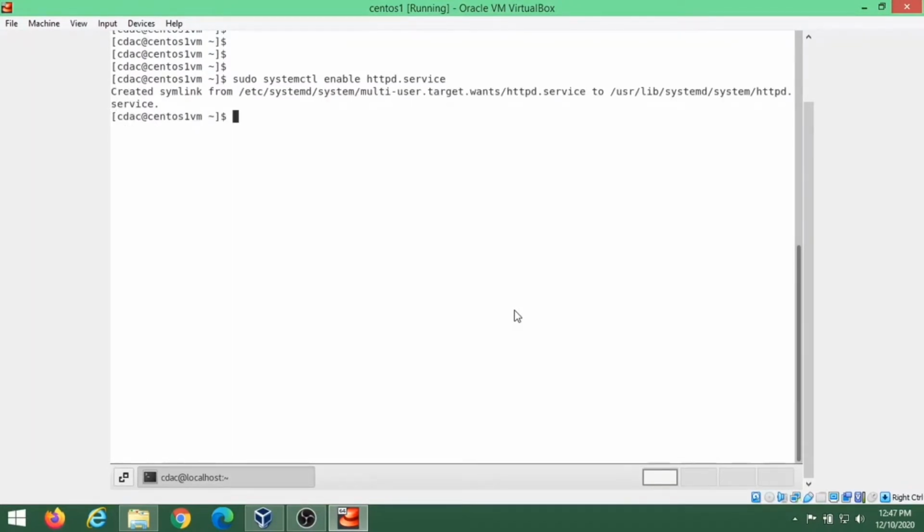Next, we will install mod_ssl. In order to set up the self-signed certificate, we first have to be sure that mod_ssl, an Apache module that provides support for SSL encryption, is installed in the server. To do so, we will use the command sudo yum install mod_ssl.